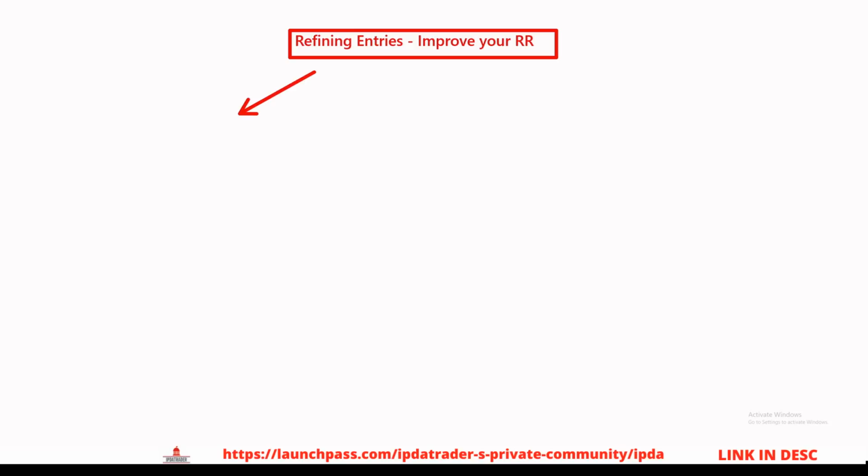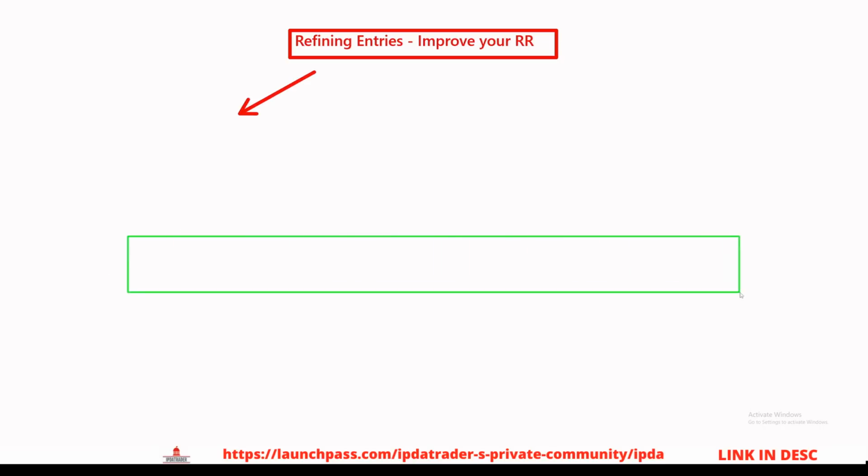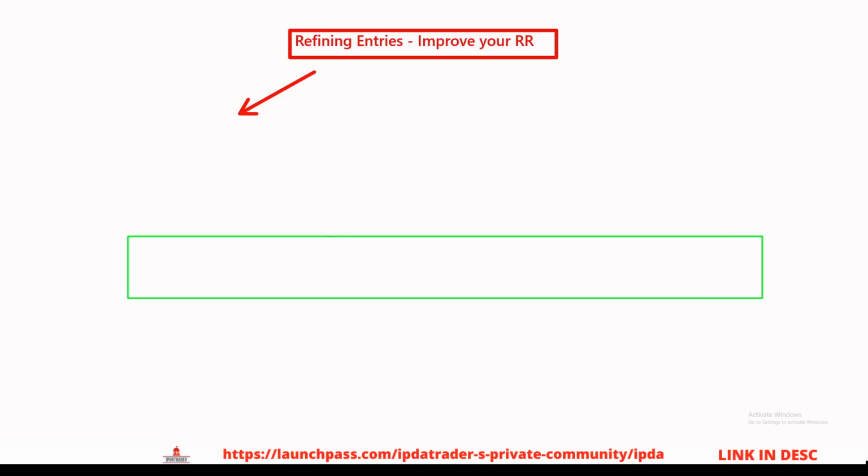So the first thing you have to understand, as I said in the introduction of the video, is that there is risk associated with refining your entries. And what I mean by that is that the more you refine, the lower the probability there is for your specific entry to actually be tapped. So let's say this is your 4-hour POI, this green box over here, and the way you're going to be refining your entry, and this is the concept that you have to understand, is that you must flick through multiple time frames